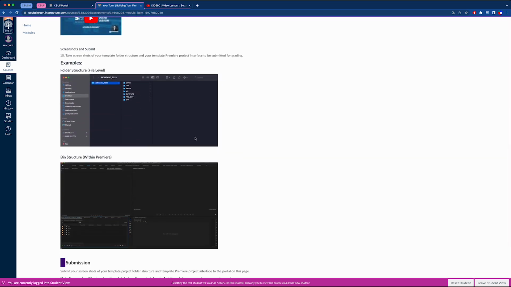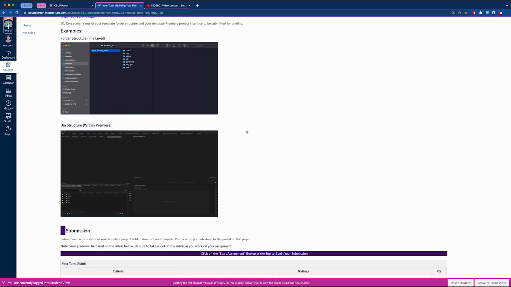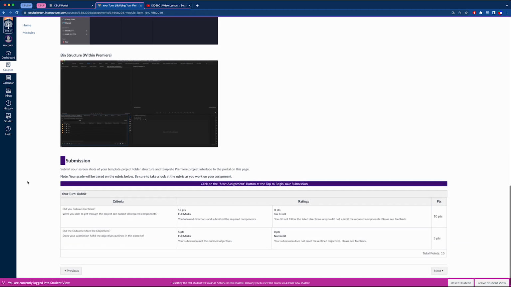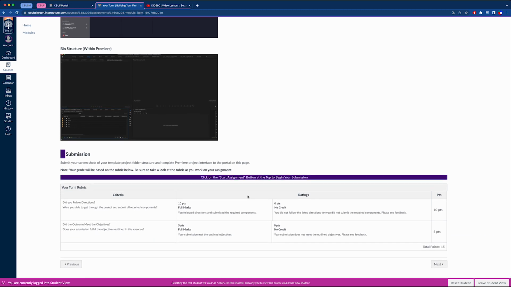And then examples of the actual product that they are required to create are provided down here so that the students can see exactly what they're supposed to do. Submission instructions here, and then the rubric by which they'll be graded is provided as well. Clicking Next,